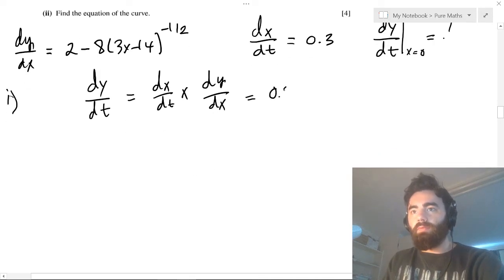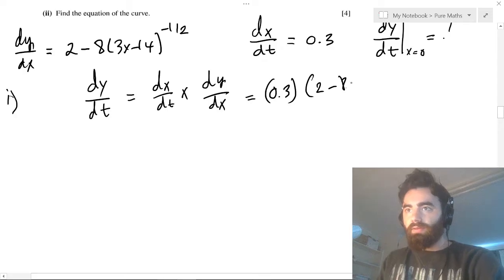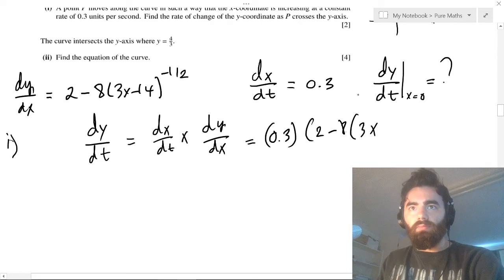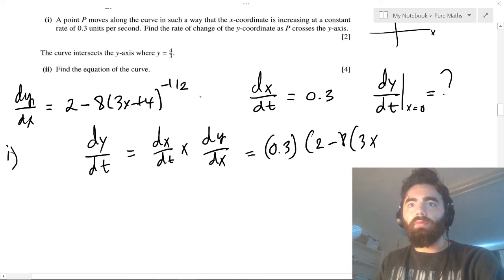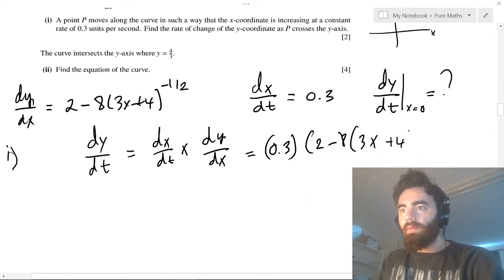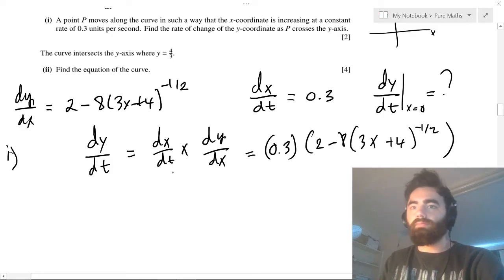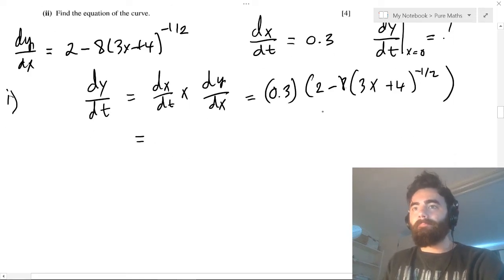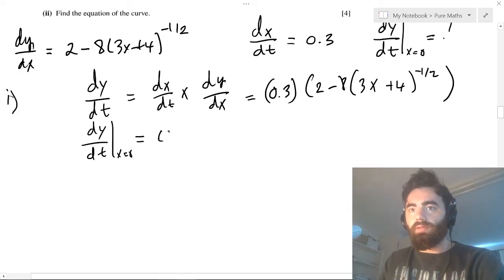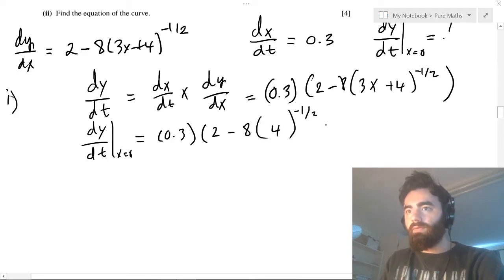and that will give us 0.3 times 2 minus 8(3x + 4)^(-1/2). And we want this evaluated when it crosses the y-axis, so when x equals 0. So when x equals 0, this is 0.3 times 2 minus 8 times, 3 times 0 is 0, so this is just 4 to the negative a half,